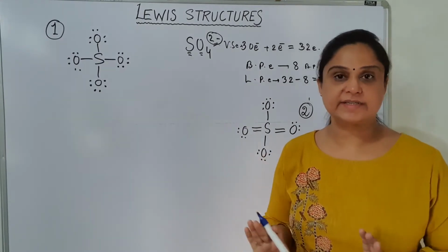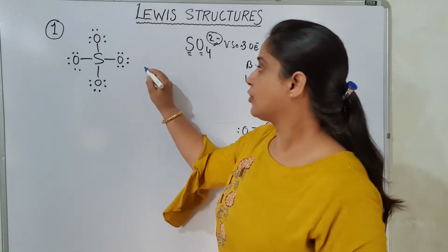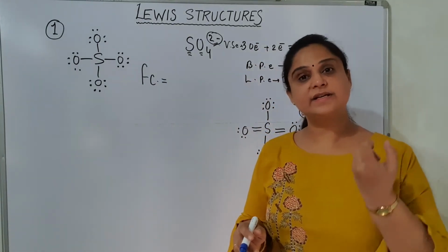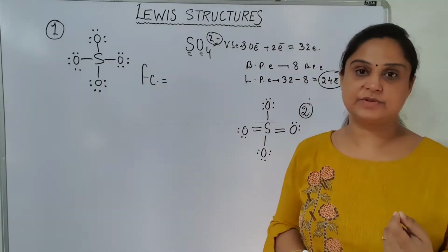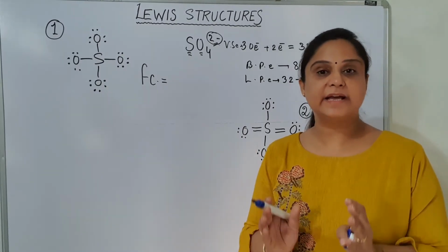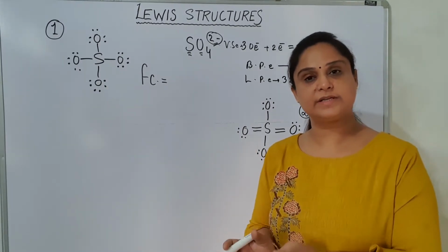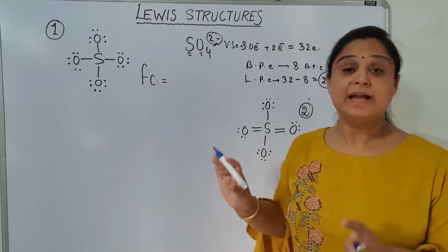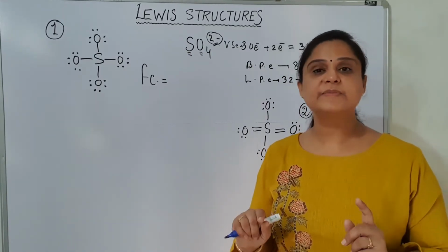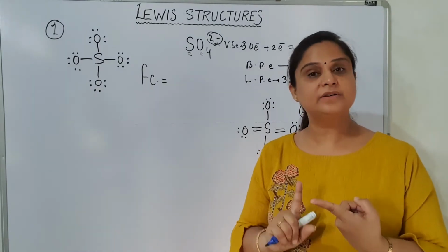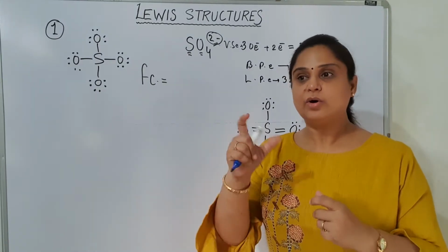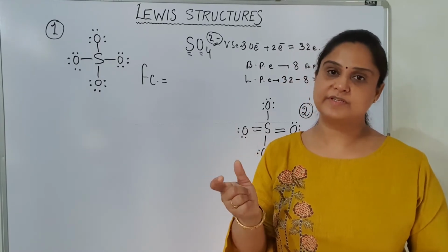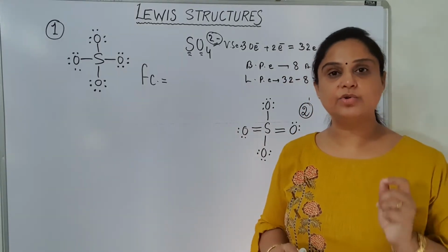Formal charge, let us first understand what formal charge is. Formal charge is a charge which is an assumed charge, it is not an actual charge. This formal charge just helps us to predict the most stable Lewis structure. Actually it does not exist on the atoms, and do remember it is always mentioned in the covalent bond, and it always considers that covalent bonds are equally distributed between the 2 atoms. So let us see what formal charge is and how to calculate it.